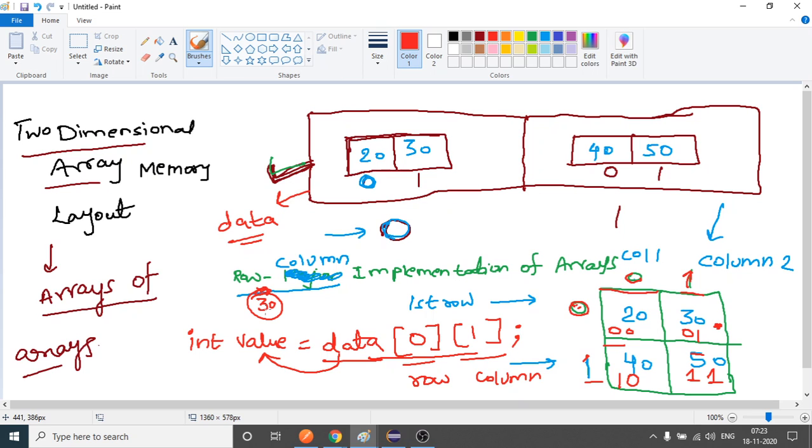Okay. So let us first see this program and how to make it. Let me write here only. If you want to make two-dimensional,